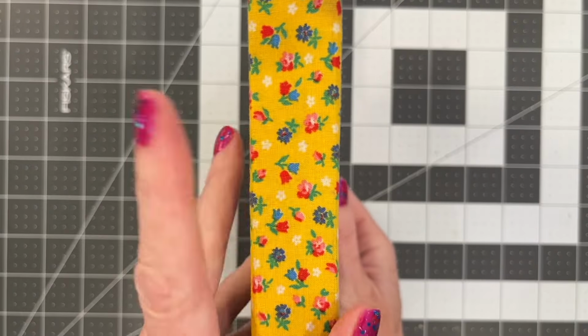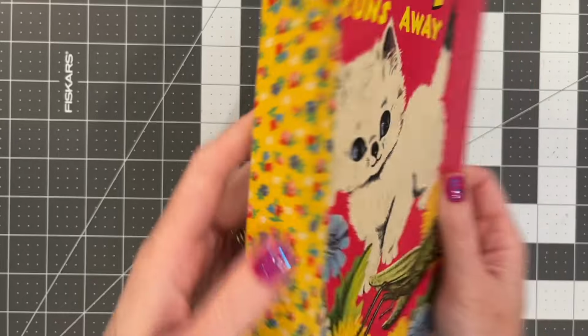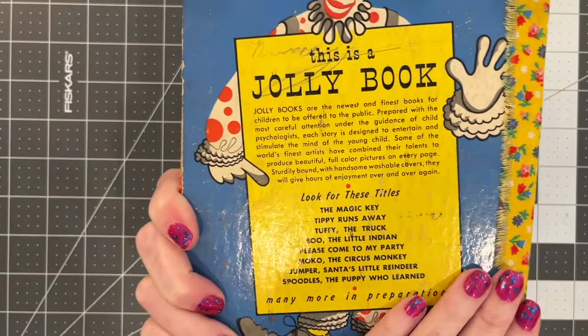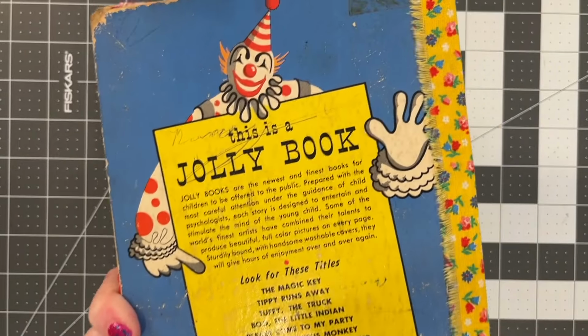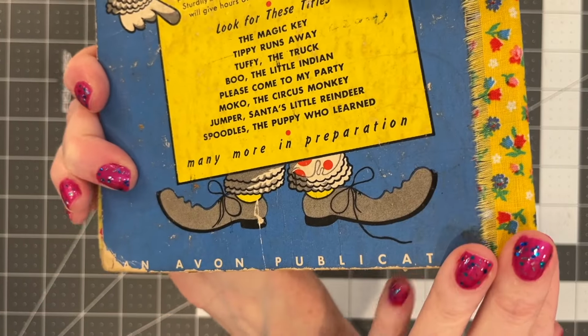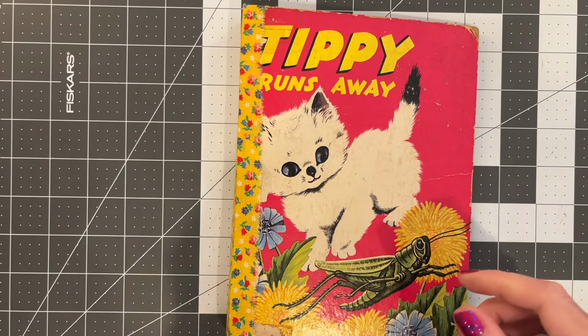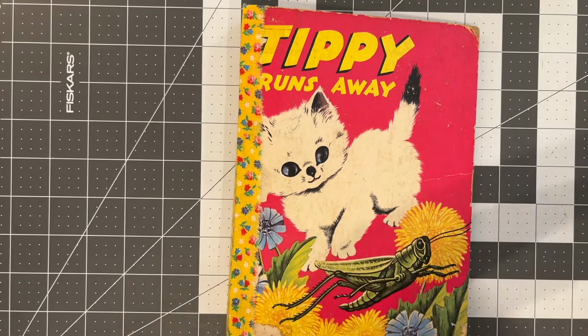And then the spine is again the 1 inch spine. This is a vintage calico. I left the back exactly like it is because I hardly ever see this back cover on anything. I've never heard of Avon Publications. I found this one at a library sale, and the reason I'm not using the inside of this book, y'all,